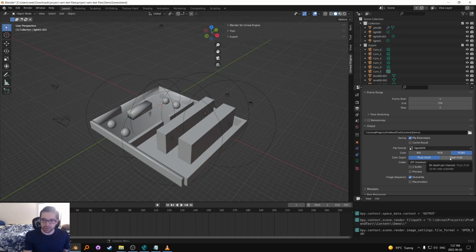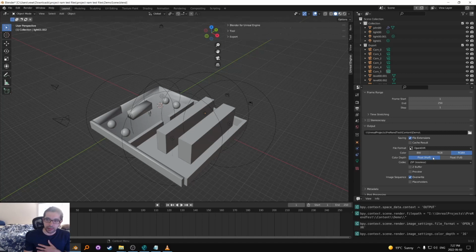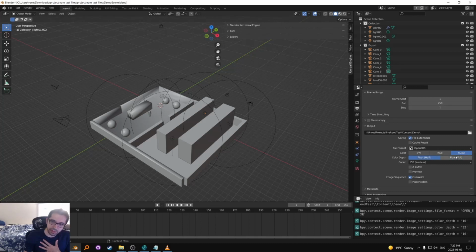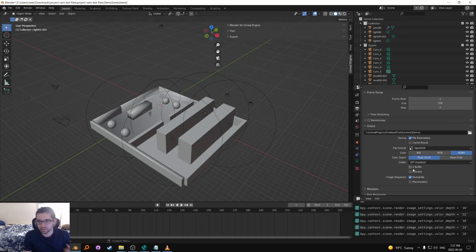You don't have to use full float. So full float is 32-bit per channel. I found that half is fine. So this is 16-bit per channel, and it's basically gonna cut down your size by 4 times. So if you go full, it's gonna be 4 times as big. So for what you're doing, if you're doing like a PS1 game and you don't really care,